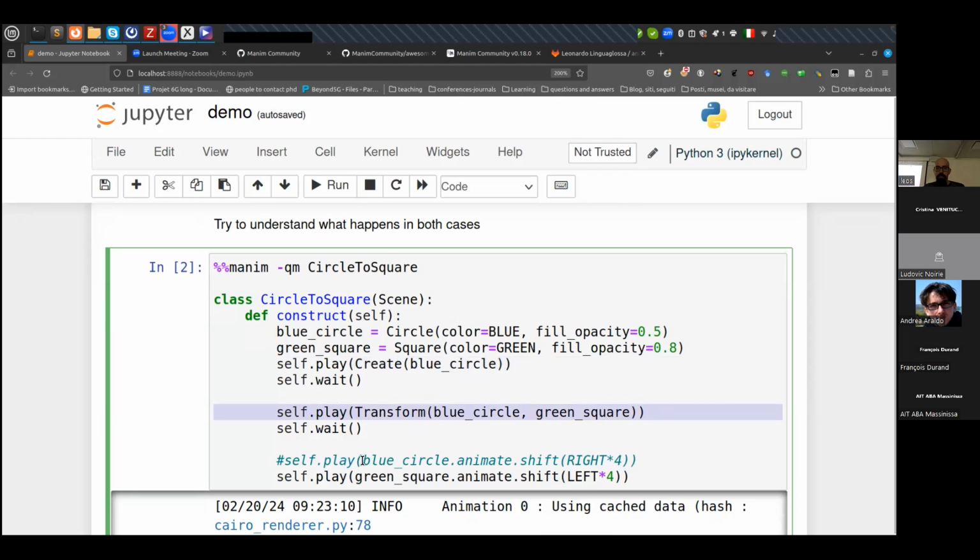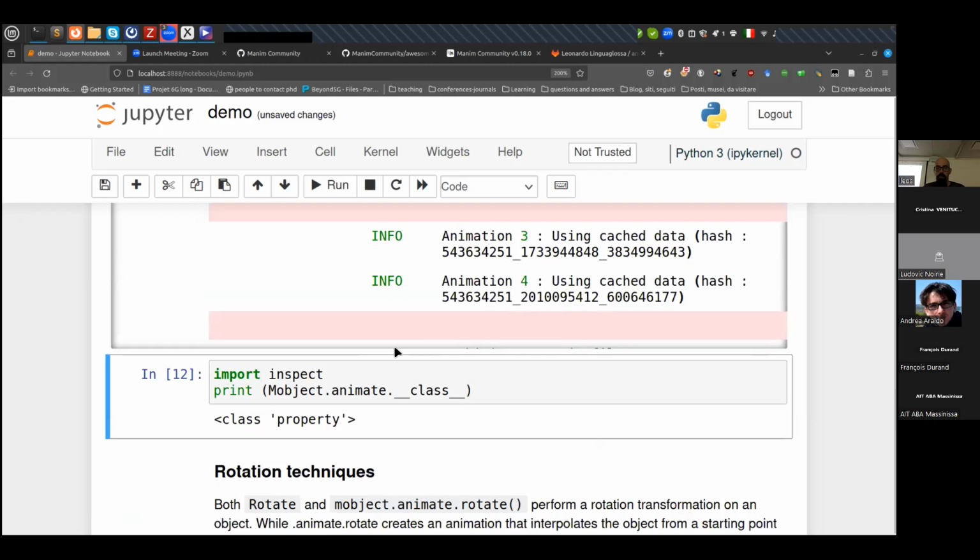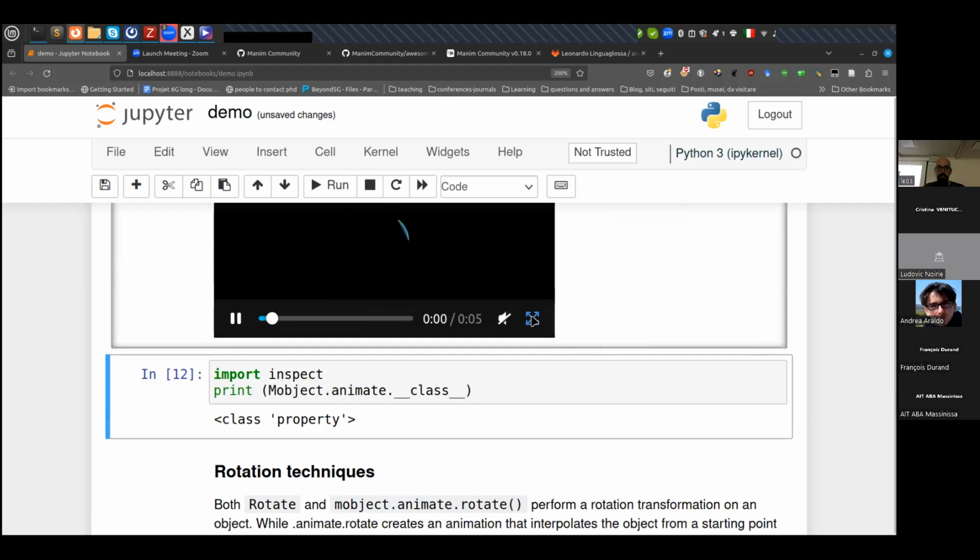There is a nice thing that I have done here. What I am doing is that I am playing then the animation of the green square, the second one, and I am shifting it to the left. But what will happen here? The circle is transformed, and then there is this strange effect that is happening. This is because the transform is not replacing the previous object from the canvas. So right now, after I move the green square, I end up with two green squares